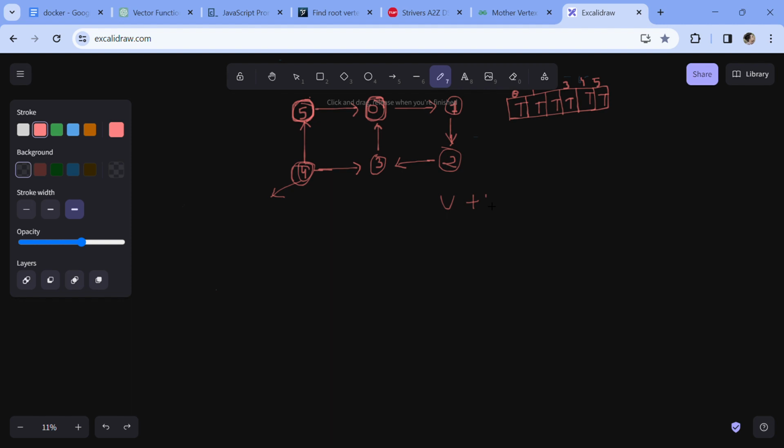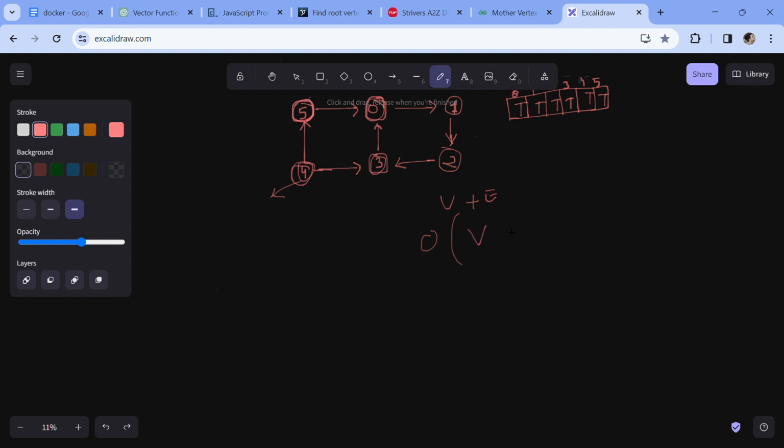Let's say we have v vertices and e edges. So the time complexity will be big O of, as we are making DFS calls for all the nodes,